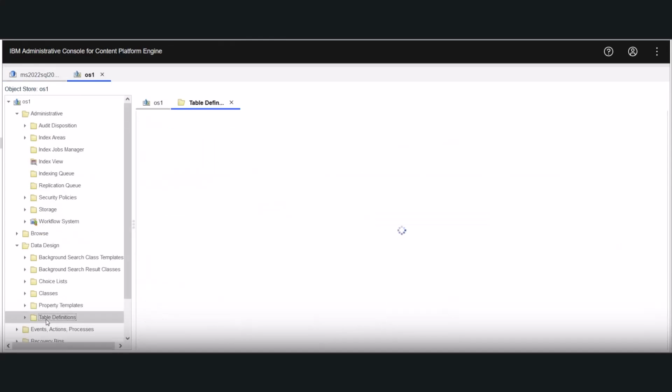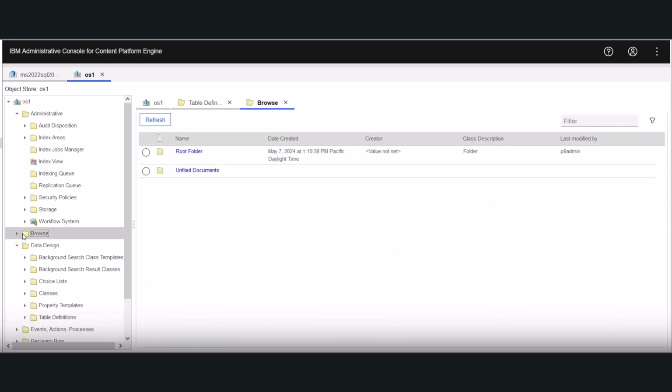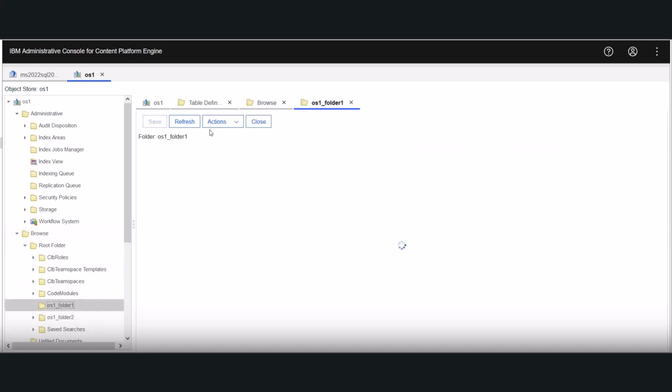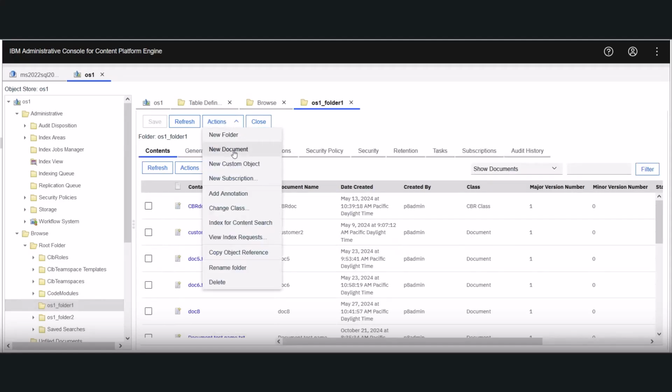So let's say you're having an issue with uploading some content into ACCE. You need to go to upload a file, let's say a document class file or something. So you go here, you upload the document you need, and then when you are done replicating the issue, you need to go back